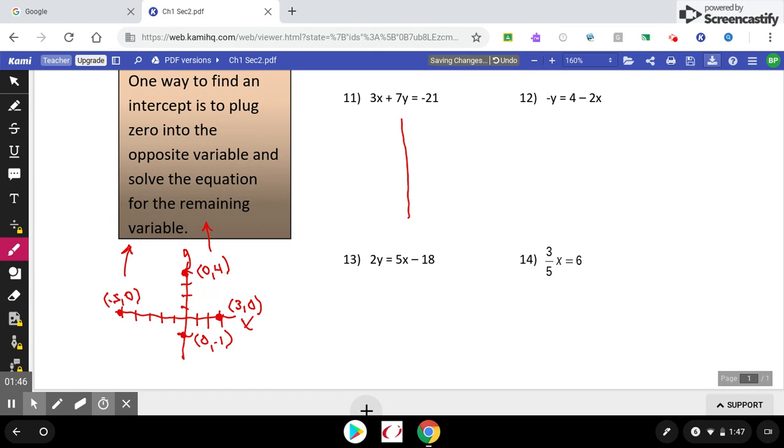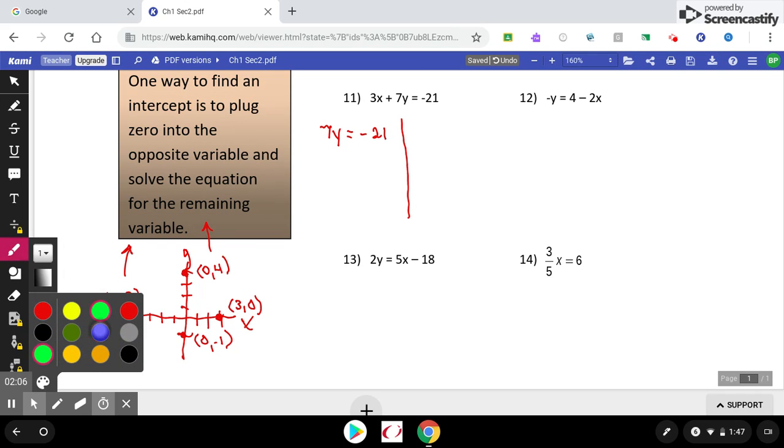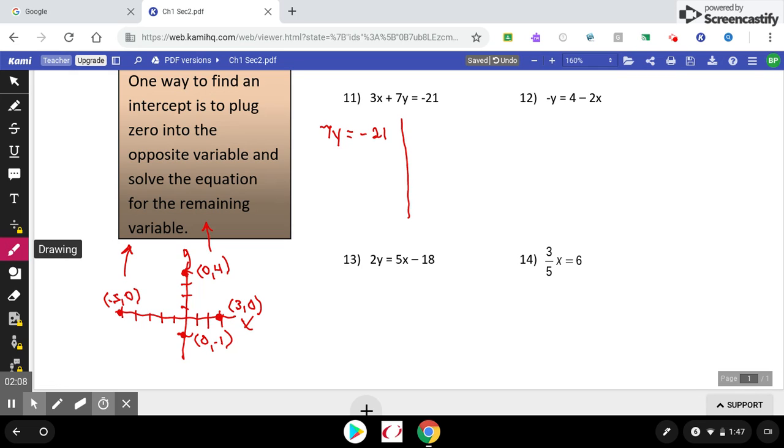A lot of people call this the cover-up method. I can't really do that with a video. I can't literally cover up the 3x for you. But imagine that I did cover up the 3x. The only thing left will be the 7y equals -21. Now on the other side of that coin, if you covered up the 7y, the only thing there would be the 3x and the -21. So you can see one of the variables disappears because if you plug in a 0,